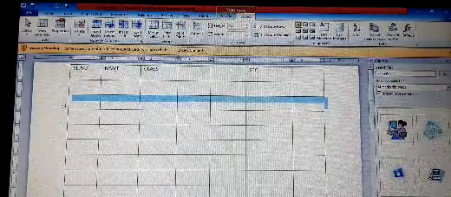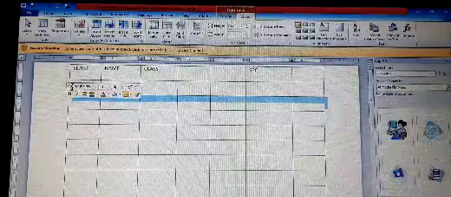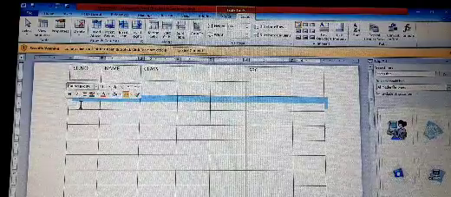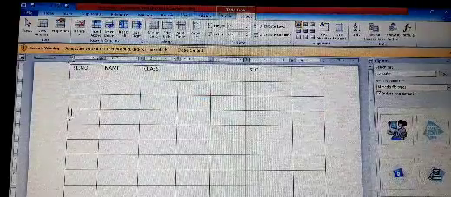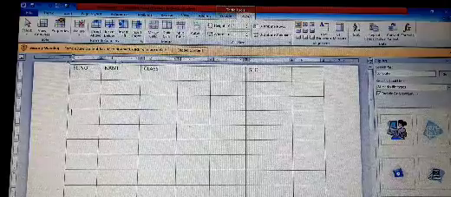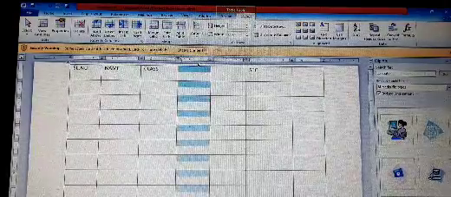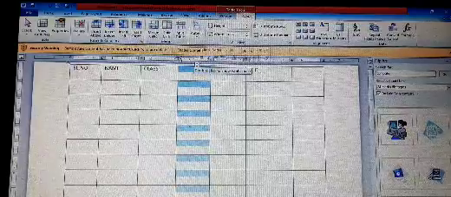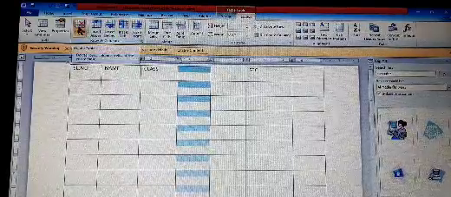We can also delete cells, rows and columns. To delete a particular column, select the column and here is the delete button.